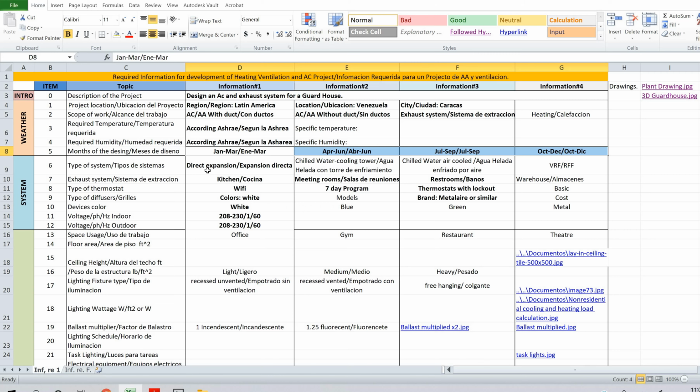The type of system will be a direct expansion because it's a small space, and in terms of cost it is the one that normally has the lowest cost, because you don't need to design the cold water pipes, and also you don't need much space for the installation of a direct expansion system. Also, it is a really small space, and so the exhaust system will be for the kitchen, for the meeting rooms,